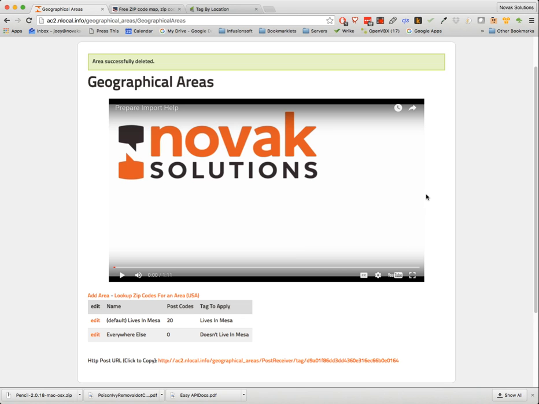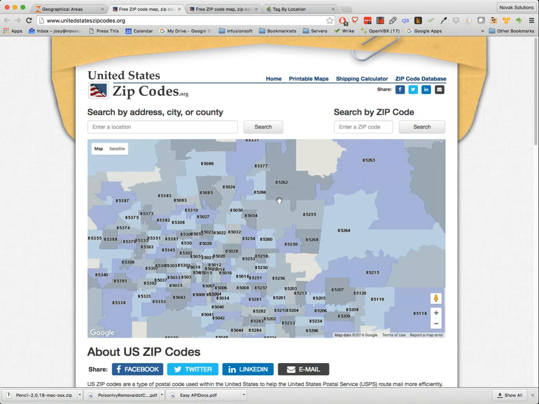Geographical areas are insanely easy to use. Let's say you're throwing an event and you want to target anyone who lives nearby who makes a purchase in the next 90 days. The first thing you would do is use a tool like UnitedStatesZipCodes.org. There's a little link right here to it, to look at a map and figure out what zip codes